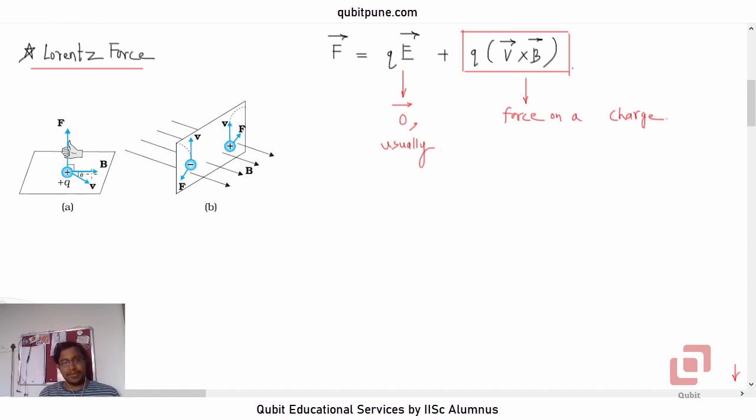Assume that it is uniform now, it doesn't change with space or time. Then the direction of the Lorentz force can be determined by this right hand screw rule. You know that very well, how to determine it. Please note that this is a positive charge. If you draw a 3D figure here in which the magnetic field lines are like these,